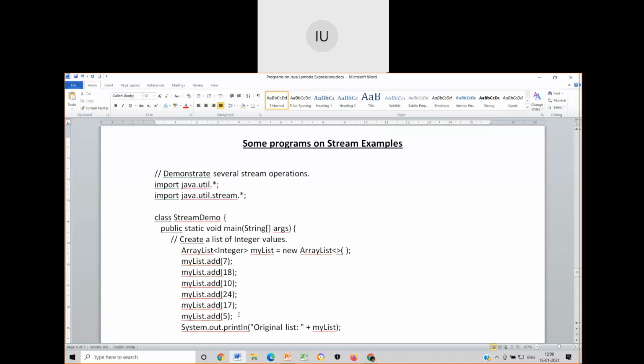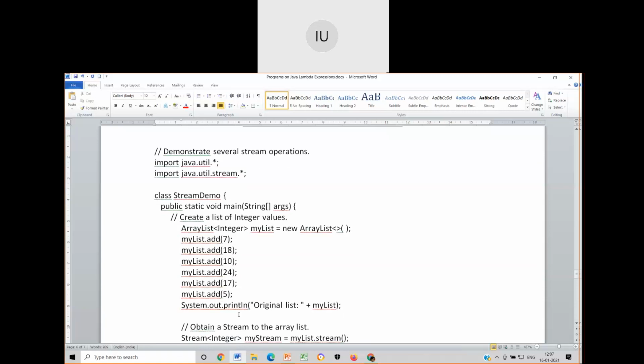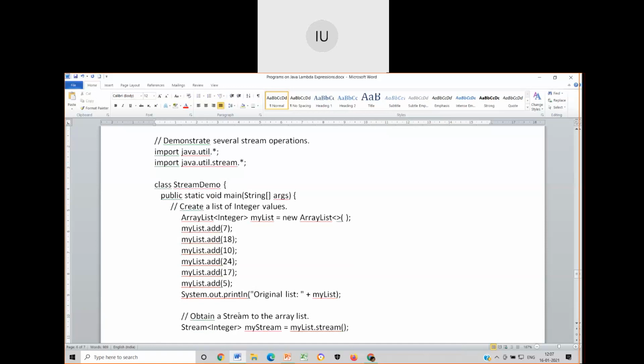They can be copied into some other stream and the related actions or operations can be applied on the copy, not on the original list. Okay. Now next, I will convert this array list into what is called a stream. How can I do that? Just pay attention to this line of code.